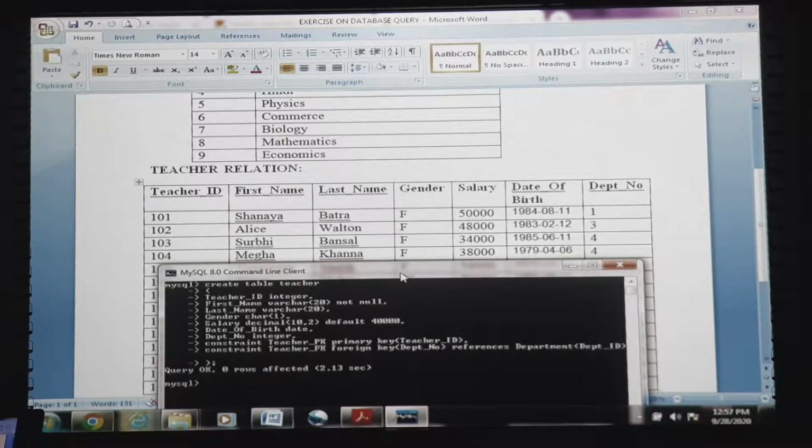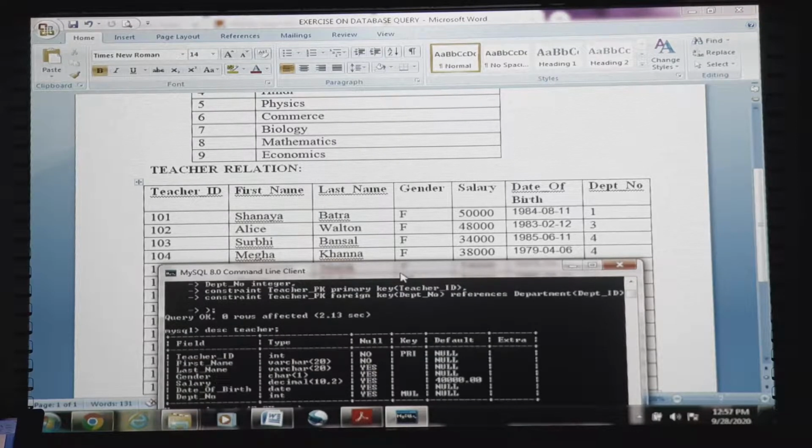See, our relation got created, query okay, 0 rows affected. Now in order to check the different attributes with the restrictions placed, we can use the command desc teacher; enter. The command has been executed successfully. Teacher id is declared as primary key, and since primary key cannot be null or duplicate, not null is also there.